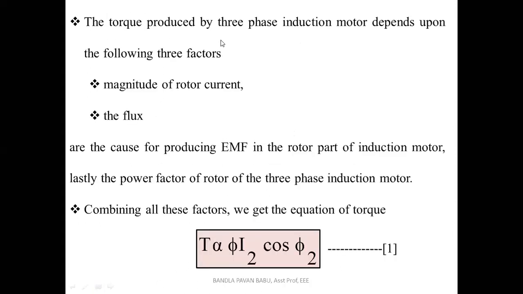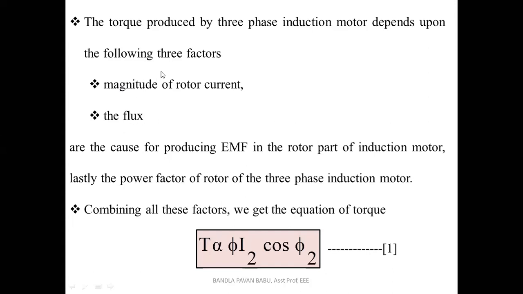Next, the torque produced by the three-phase induction motor depends upon these three factors, that is the rotor current, flux and the induced EMF. Okay, so look at this. The first one is the magnitude of the rotor current, because either the squirrel cage rotor or the slip ring rotor, so it draws the current. So there the circuit is closed there. So as per Faraday's laws of electromagnetic induction, what happens? The induced EMF is developed in the rotor conductors, which is developed because of the rotating magnetic field at the stator.